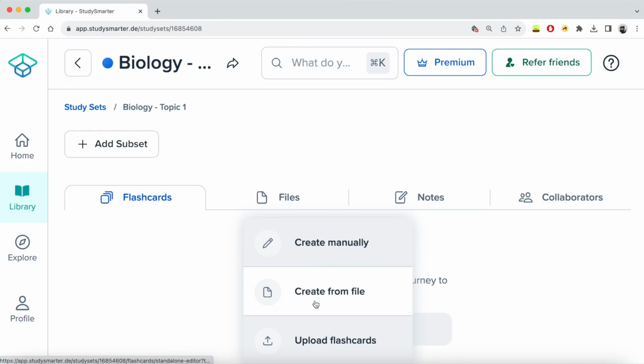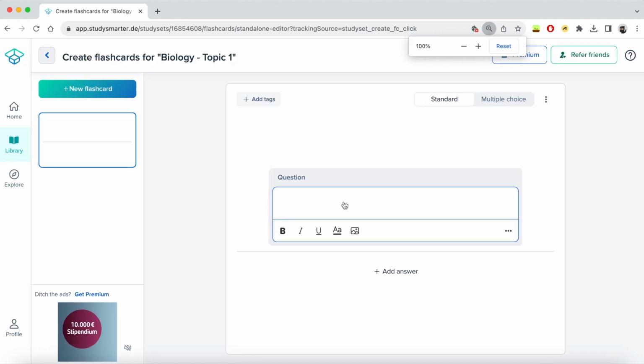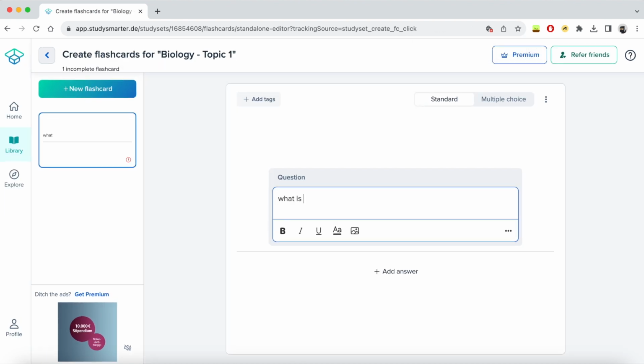So what I simply do is I open up the app and I go and create a new deck. Now, this can be anything. You can label it biology topic 1, biology topic 2, chemistry, whatever. So pick a topic and label the deck. Now, once you've labeled the deck, you open the deck up and you can begin creating flashcards. So for example, let's say I'm creating a flashcard. On the question side, I would write something like, what is the cell membrane made of? And then on the flip side, I'll write the answer, lipids,